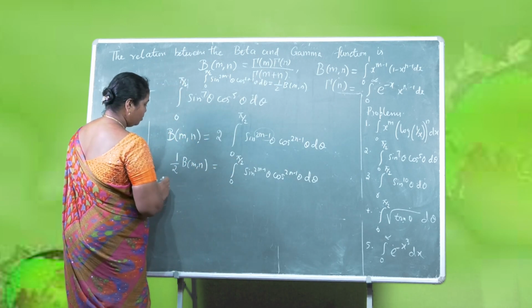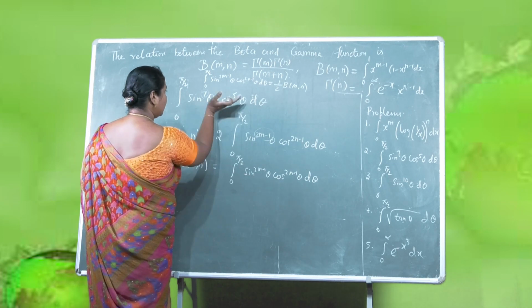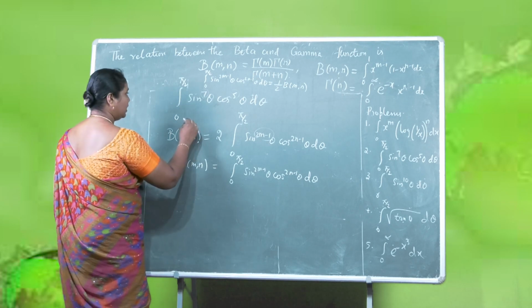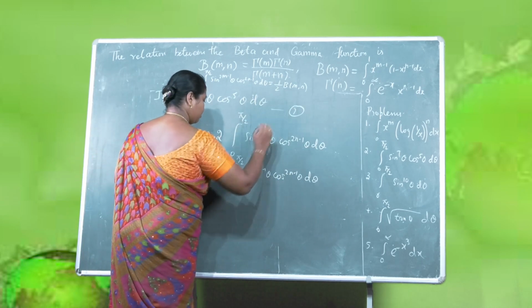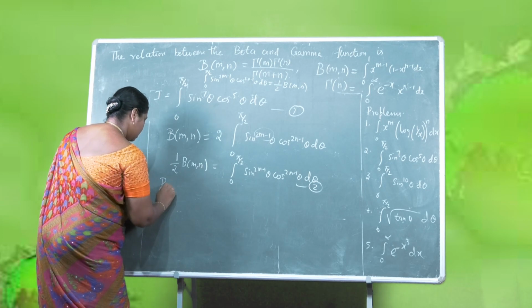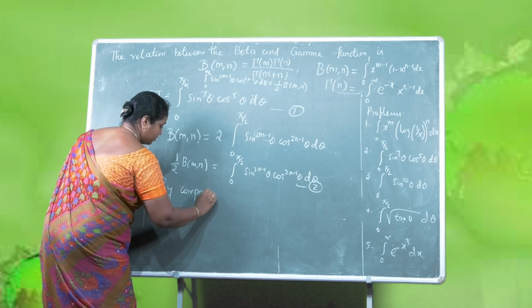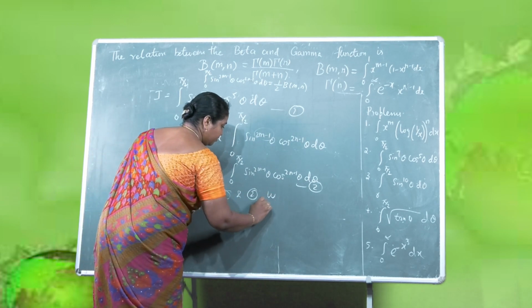So okay, now 1 by 2 times beta of m comma n is this integral. Now compare this with the given integral. So what will you get? Let us take this as I, and let us take this as equation number 1. If you take this as equation number 2, then by comparing 1 and 2, we get